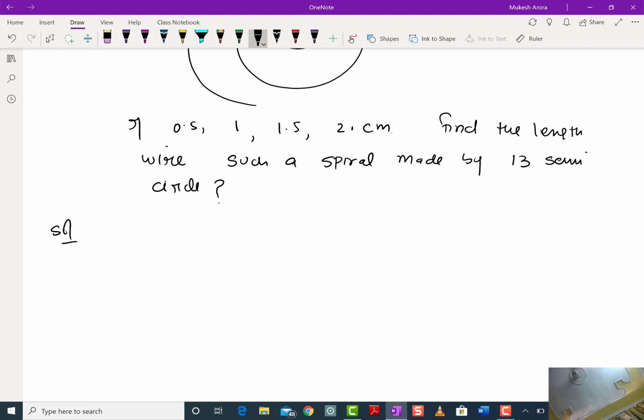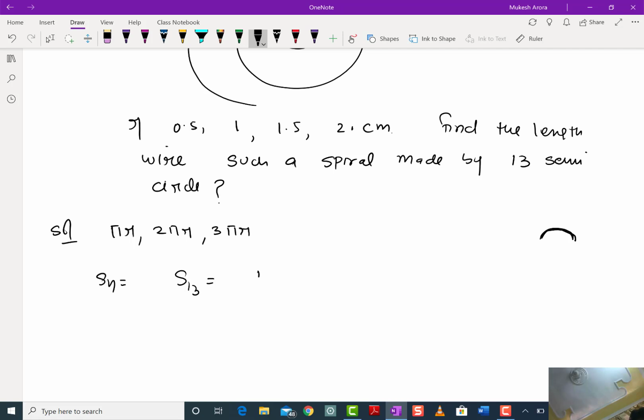So the first semicircle has length pi r, then 2 pi r, then 3 pi r, right? So the sum